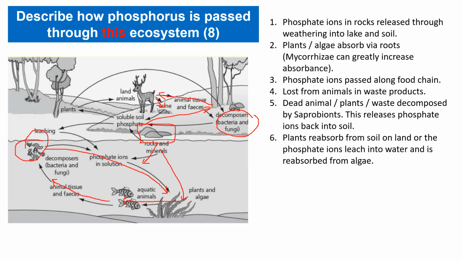In the food chain on the land, that will end up back in the soil, and if it ends up back in the soil, then it can either be reabsorbed into the trees, or it can leach off the land in a process called leaching, which makes it enter the water cycle, or sorry, the aquatic